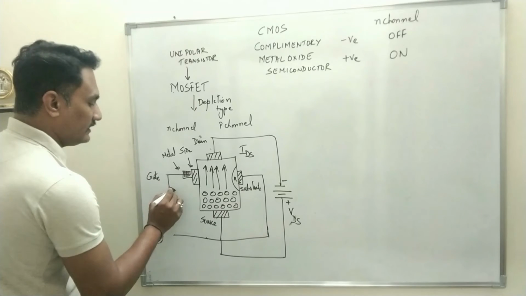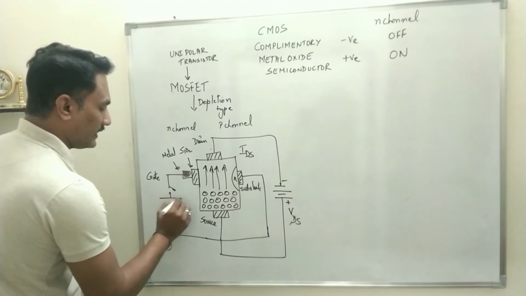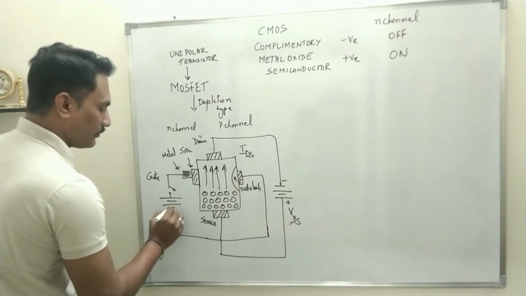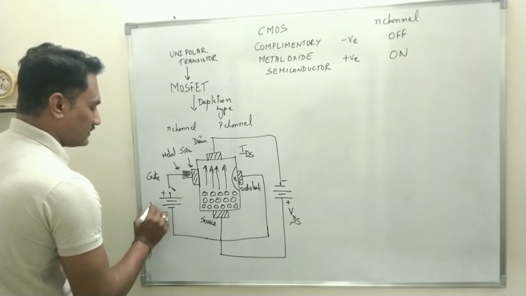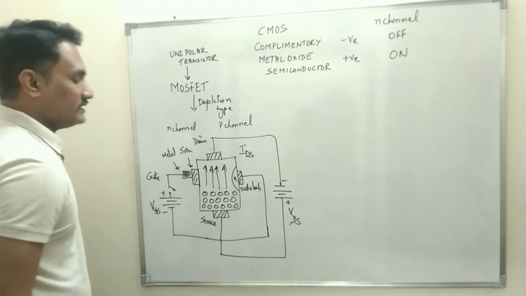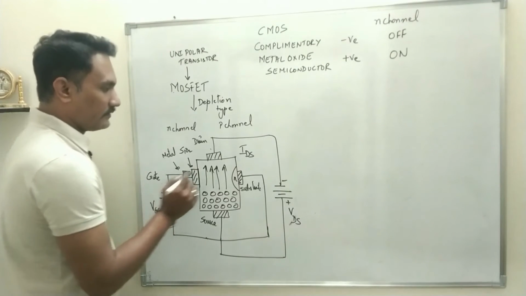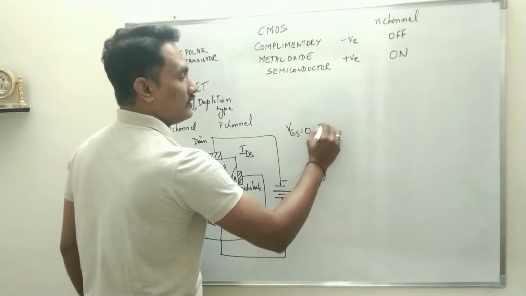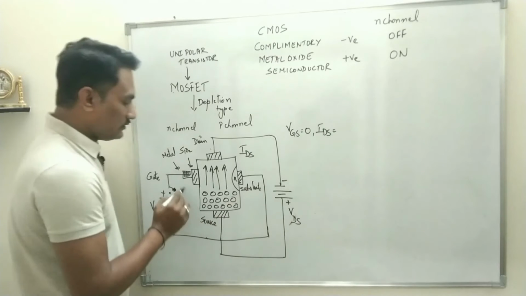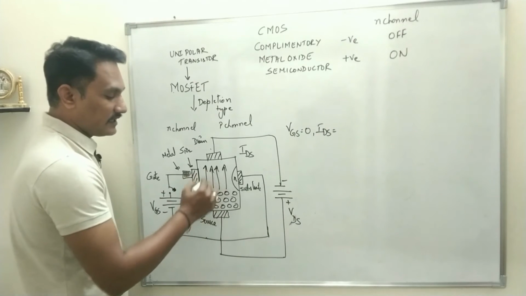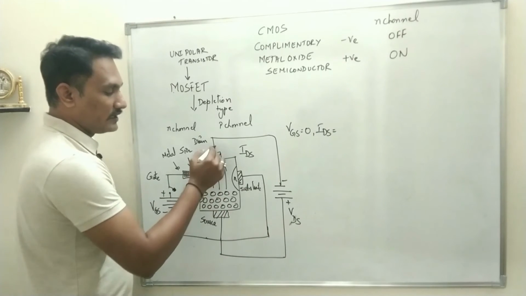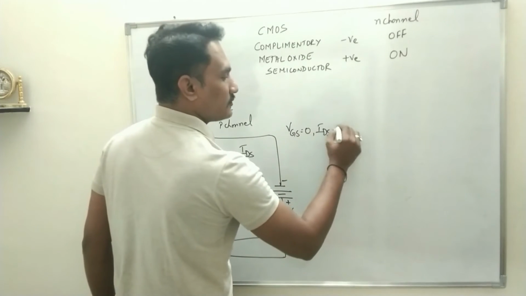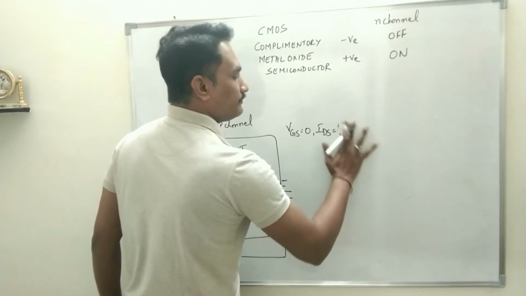So initially, with a switch, we connect the gate terminal to positive. For P channel, let us initially start with positive. This potential is called VGS. When the switch is open, that means VGS equals 0. When VGS is equal to 0, there is no opposition to the charge carriers flowing from source to drain. All the charge carriers will move from source to drain. That means at this point IDS will be maximum.